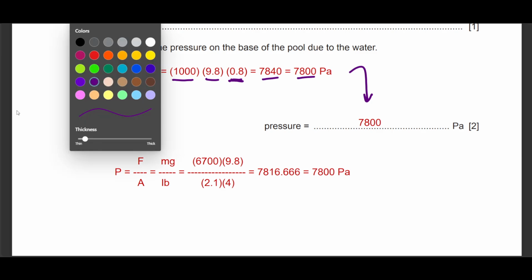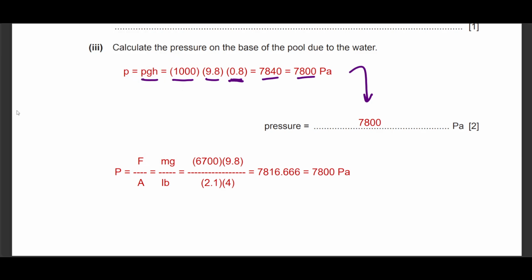The other way around of this problem would have been to use the universal formula for pressure, which is P equals to F over A. Where is the force coming from? It is because of the weight of the water. Do we have some values for that? Yes. So the mass of water inside the pool is 6700, and G, which makes the weight eventually of water, is 9.8